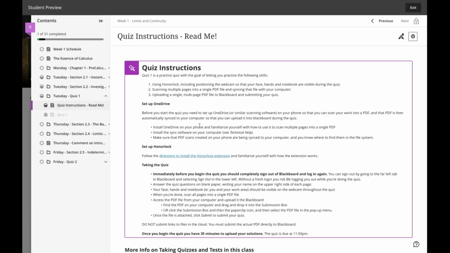The first quiz is on Tuesday, and it wants you to practice the technology. So there's a lot of information here. Give it a read, give a go at the quiz. I'm going to post another announcement early next week before the quiz, on Tuesday morning, to tell you the things you should think about as you prepare for the quiz. The first quiz has no mathematical content.